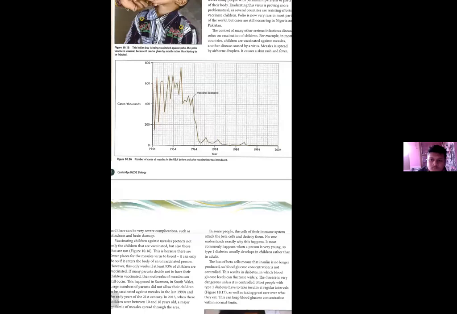According to the above mentioned graph, you can see the graph that is given above. We can see that the number of measles cases